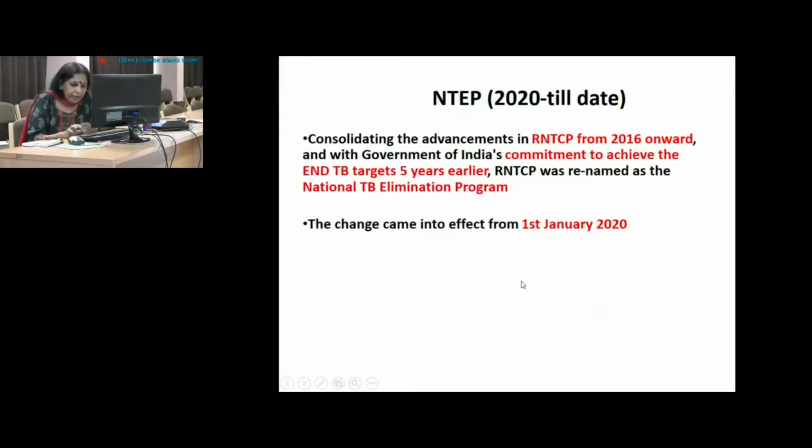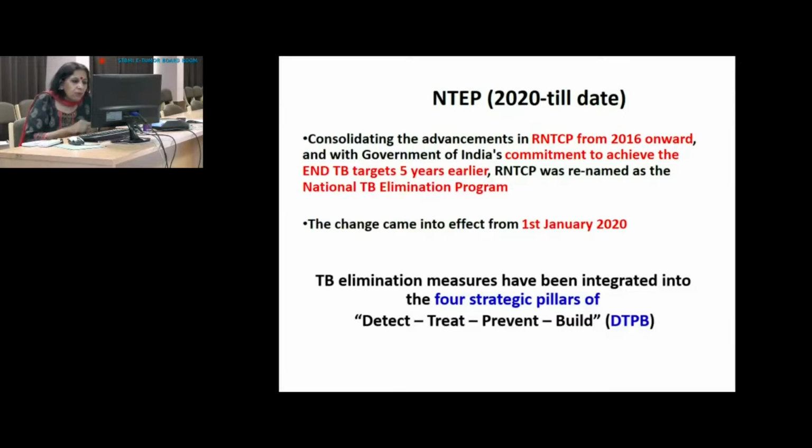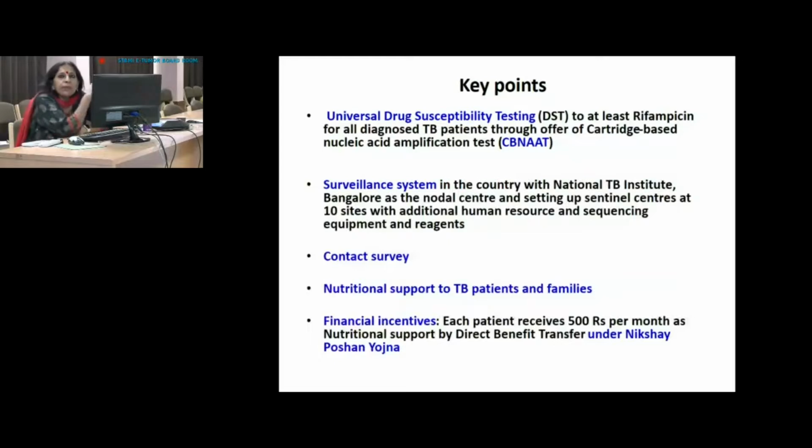And they are all integrated. So what happened with NTEP? There are 4 strategic pillars. There is detect, meaning detect and diagnose TB, treat TB, prevent, so that there are no more cases, and build upon what we have. So the key point in NTEP as compared to the earlier programs is that universal drug susceptibility testing